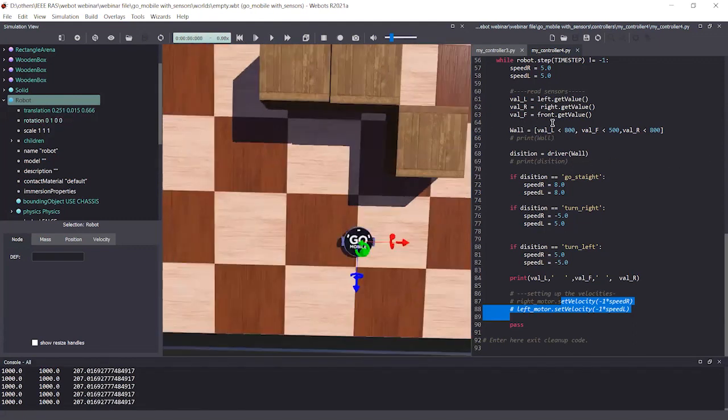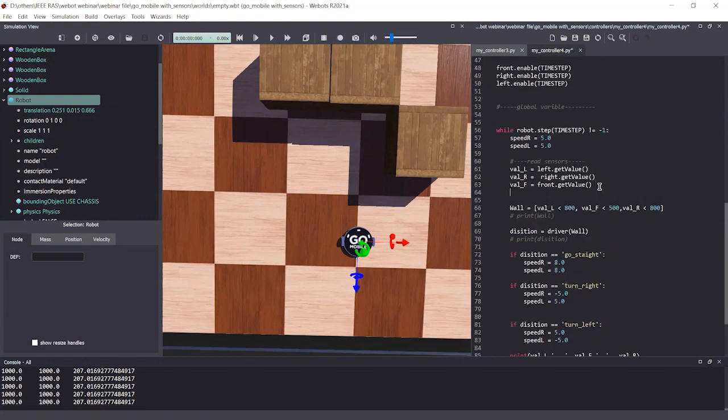So what I'm going to do is introduce another variable called error.